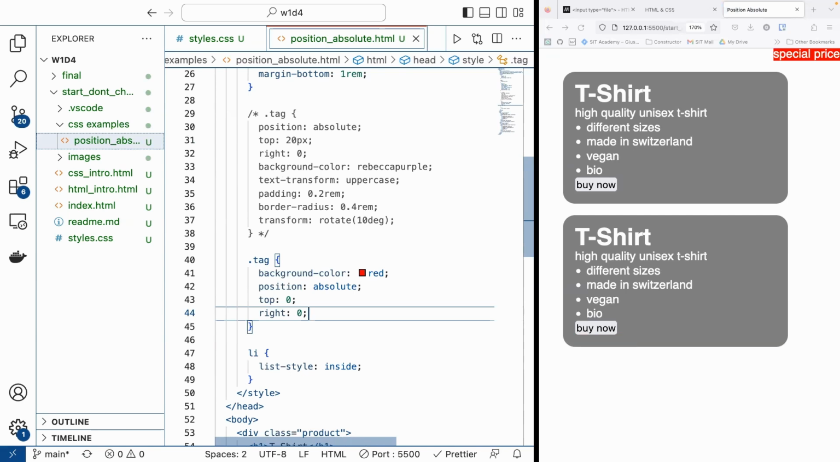And you see now on the screen that something happened. It went to the top. It also went to the right, but it didn't go to the right and top of my card. It went to the top of the screen. Because if we don't specify which element it should be relative to, this absolute element